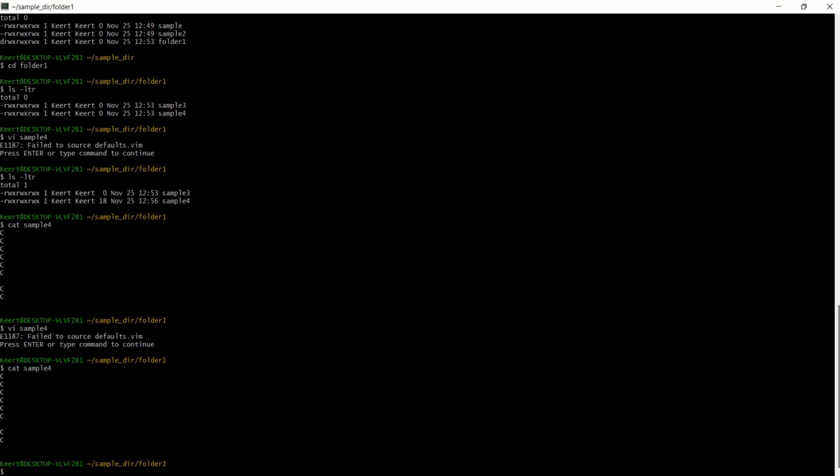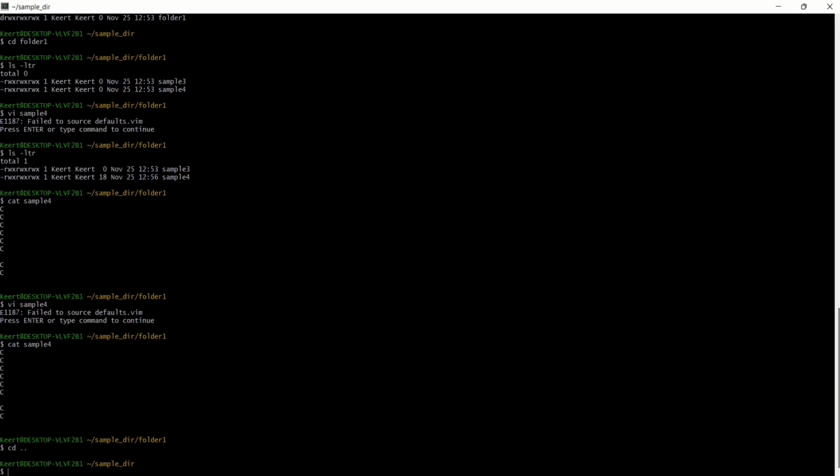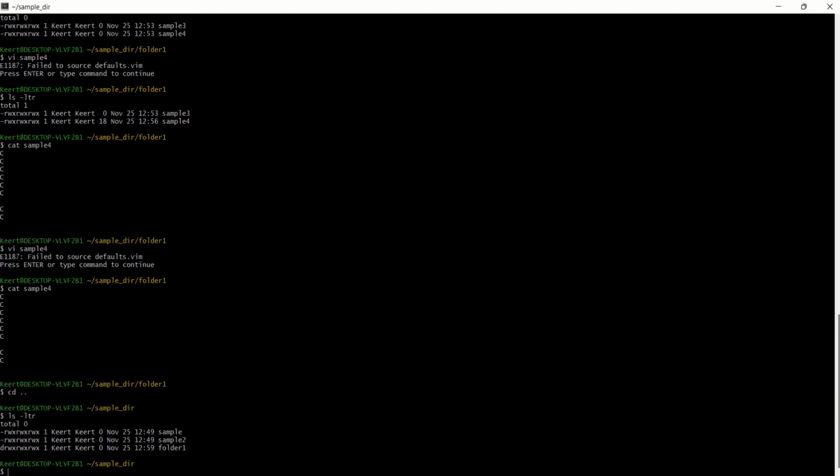And now what I need to show you is, now I'm going out from this folder. cd .. is the command to come out one step from the folder. Now I'm giving ls -ltr. So here my requirement is to show only the folders, not the remaining files. So how will you list that? ls -ltr,